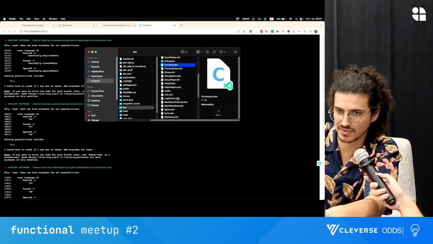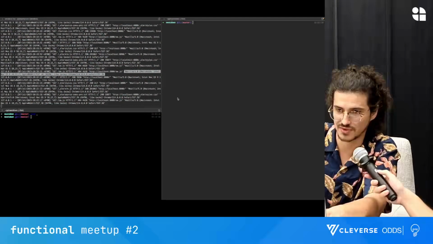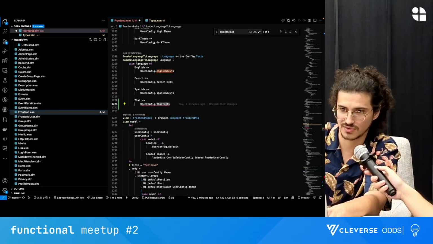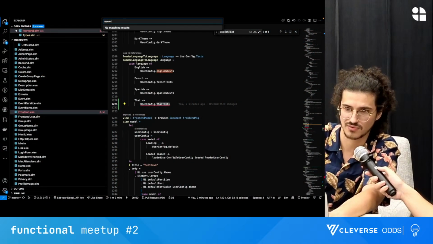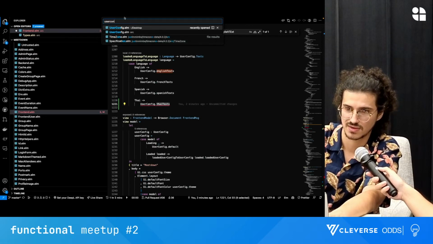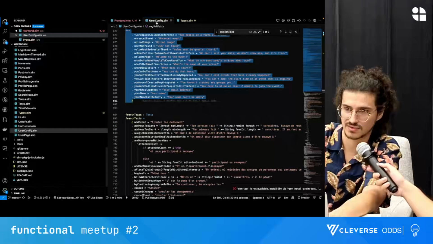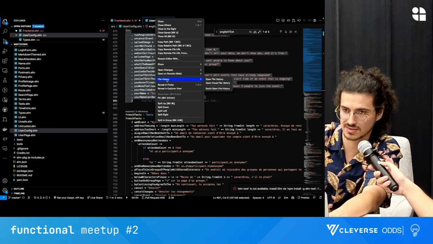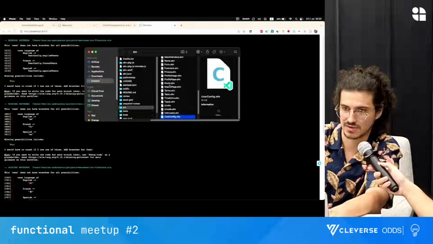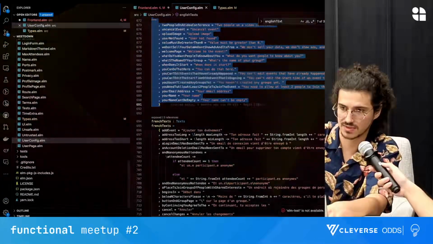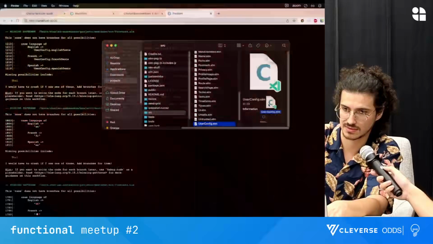Cancel. Where is the user config? Oh, it's here. So let me just do this, reveal in Finder, and do like this.